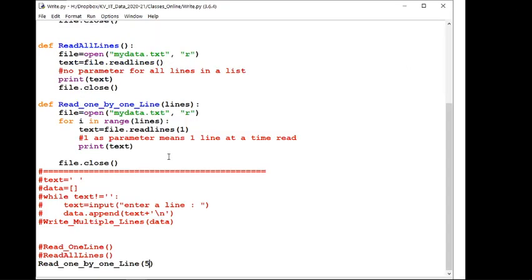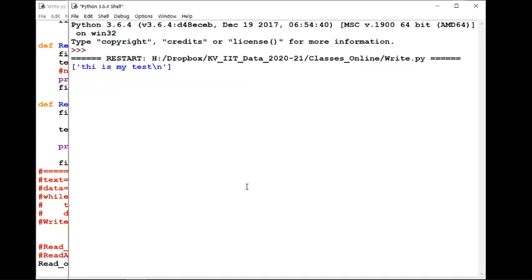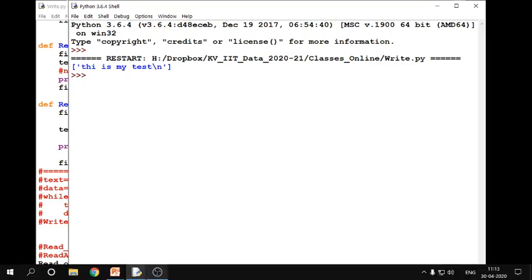Now my question was, if you want to take only one line, there is no need to write this as a parameter, no need to write this, just put it like this and just print. So it will read only one line, the first one line. So what is basically happening inside the file,